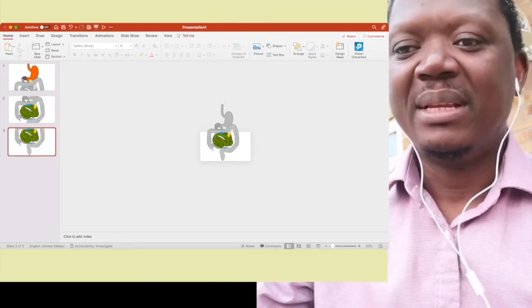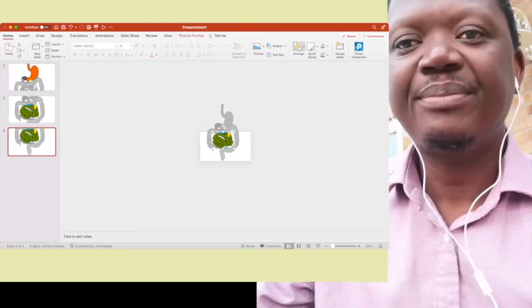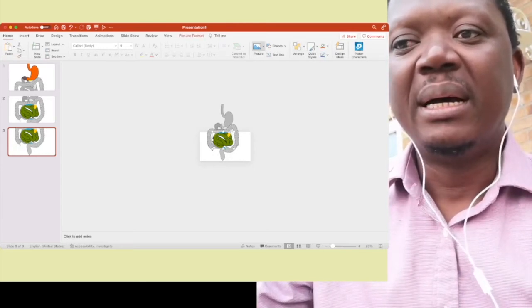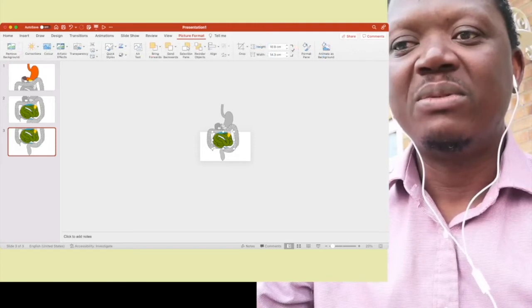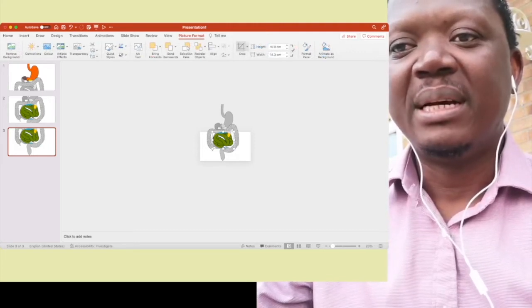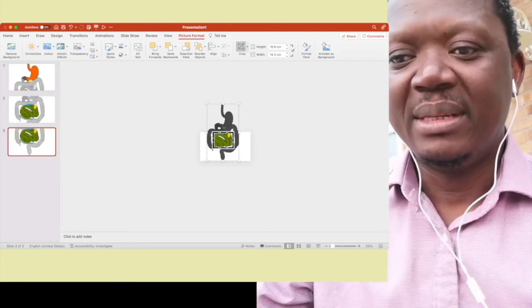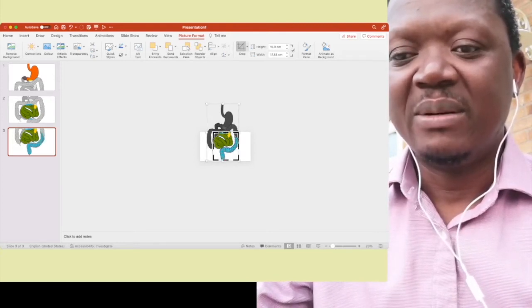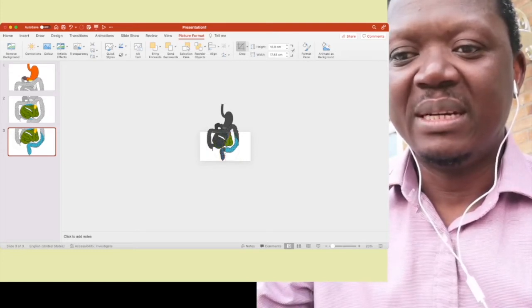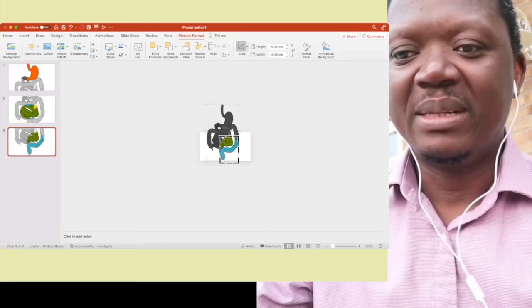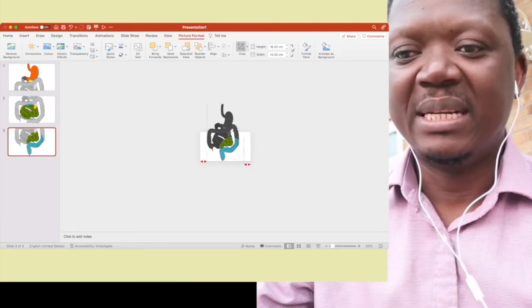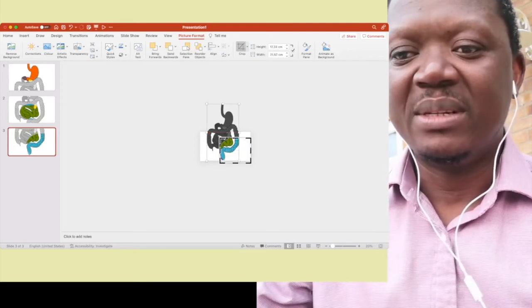Click outside, and then click onto the area you selected, and then go to picture format, and then click on crop again. Each time you do that, it gives you a chance to do things. Move that away and manipulate. It's going to be challenging really, so let's see how we can do it easier so that it doesn't